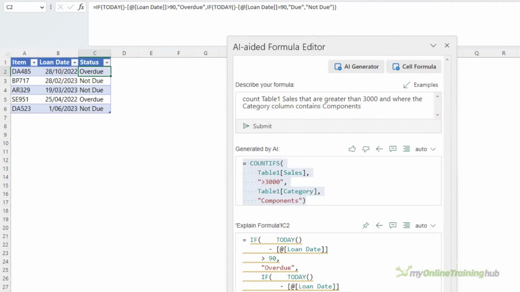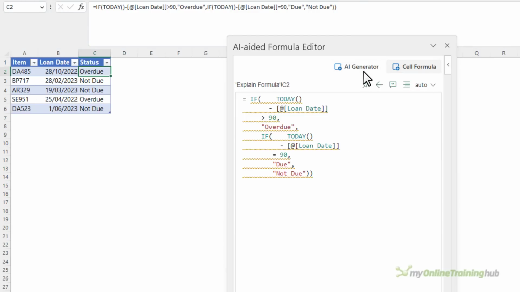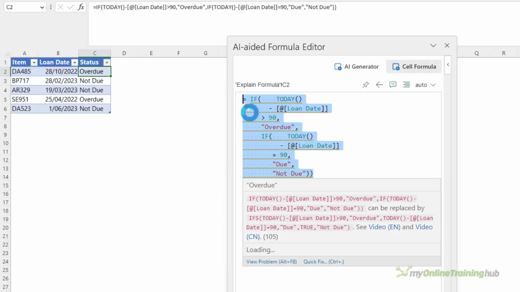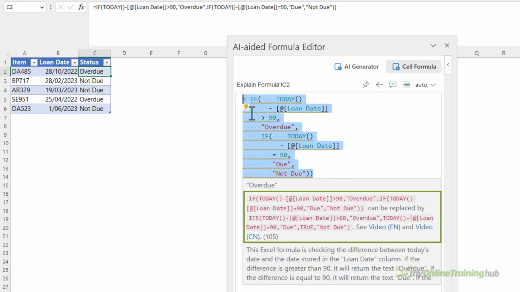The AI-aided formula editor can also help you understand formulas. Simply select the cell containing the formula. I'm going to turn off the AI generator part because I don't need that anymore. I'm just working with the current cell formula. And then I can select it all and hover my mouse over it. It comes up with the result. It also gives me a suggestion of how I can improve the formula, and it explains what the formula is